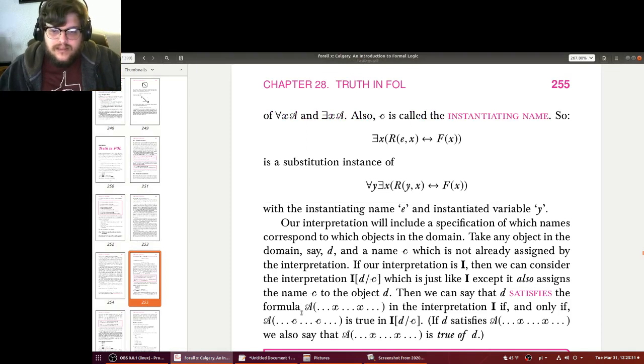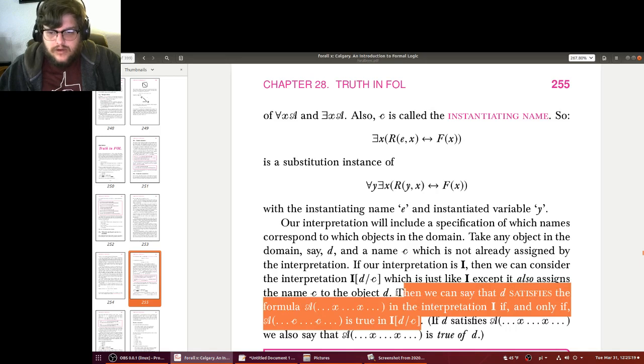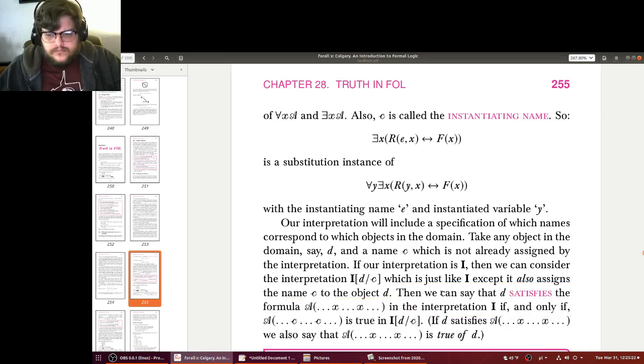We can say that D satisfies the formula in the interpretation I, if and only if this thing is true in this interpretation. So this is the meat of the matter here. We are now talking about two different interpretations at the same time, and that's why this is kind of ugly. But we're saying that D satisfies this formula, meaning I can plug D, the name, in for the variable x, if and only if I,